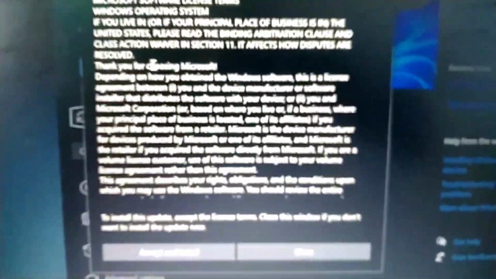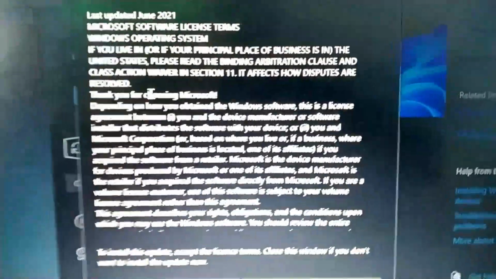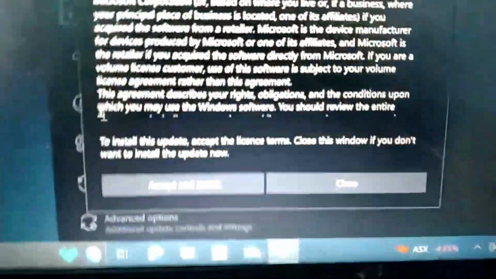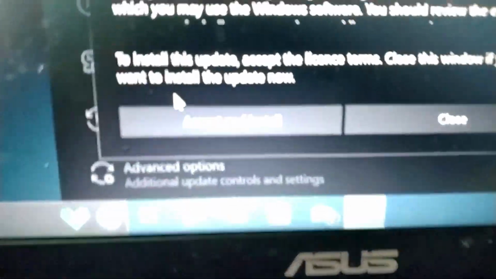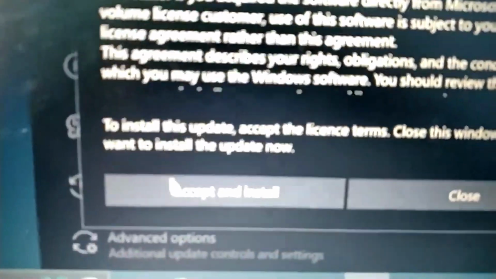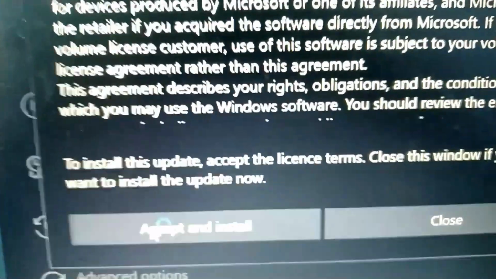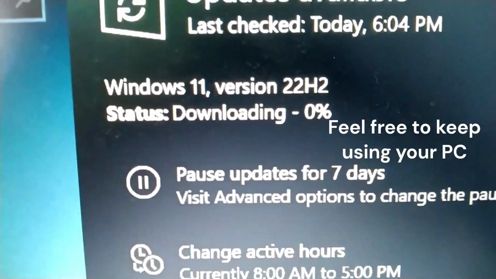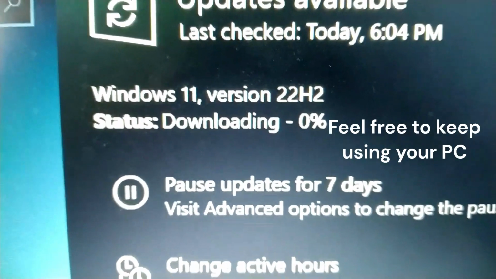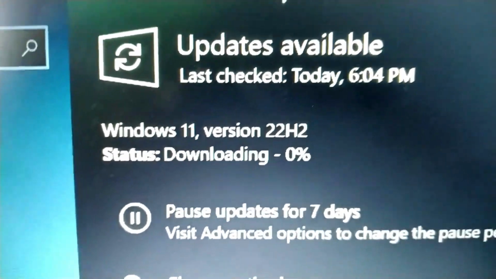For this there are some new license terms since this is a new product. Make sure to read them and accept and install. So the update will install,